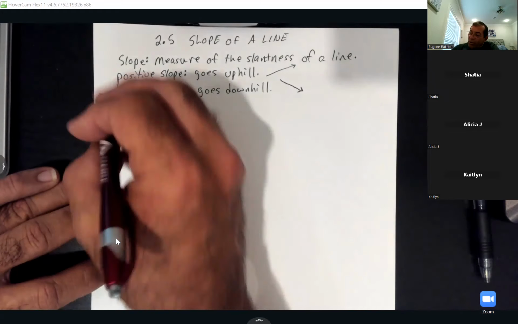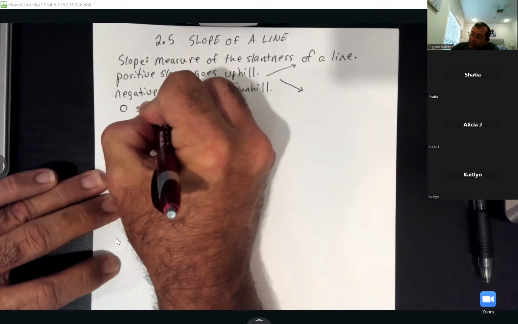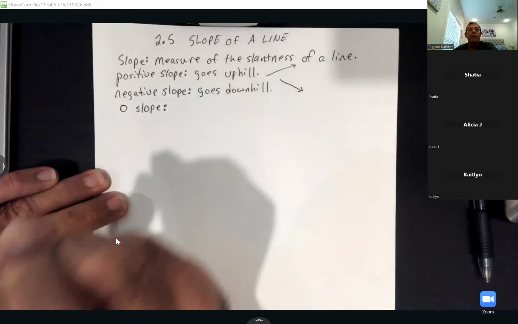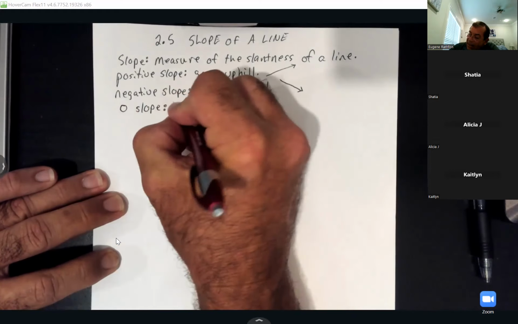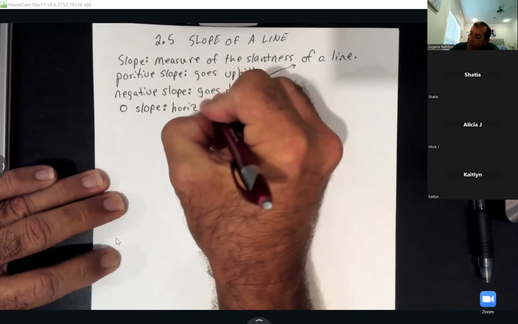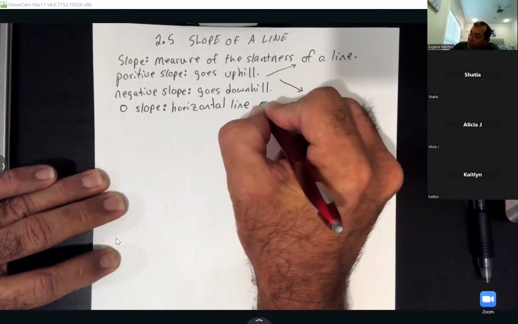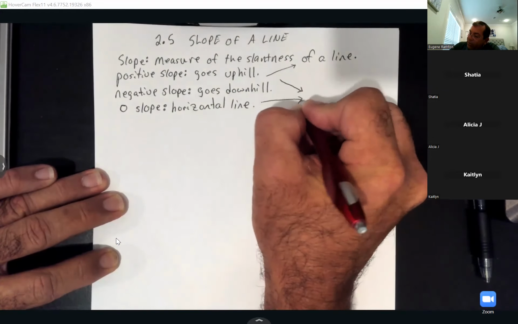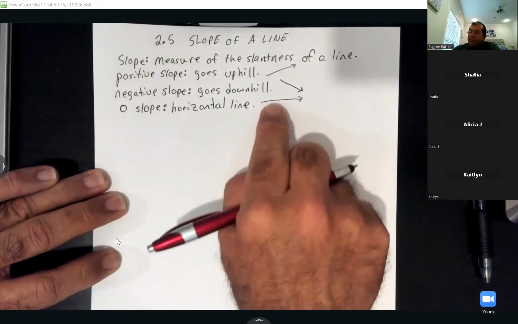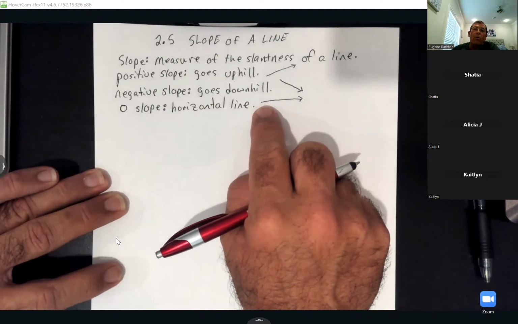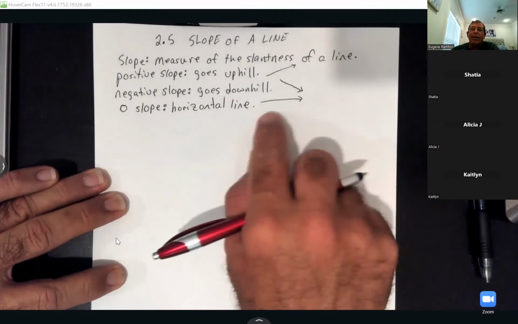Now there's two other slopes. There's what we call a zero slope. So a zero slope looks like a horizontal line. It's going to go straight across. And that's basically like walking on a floor; the floor we say has a zero slope, okay, because it's